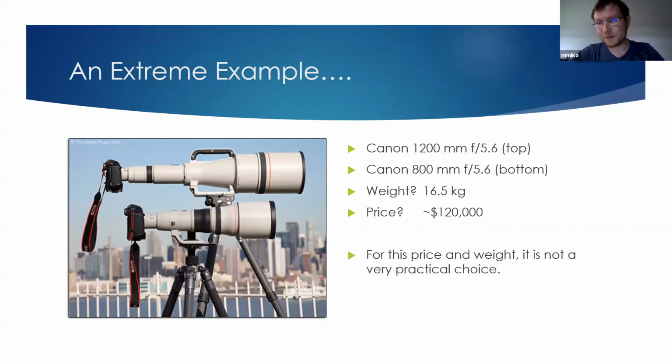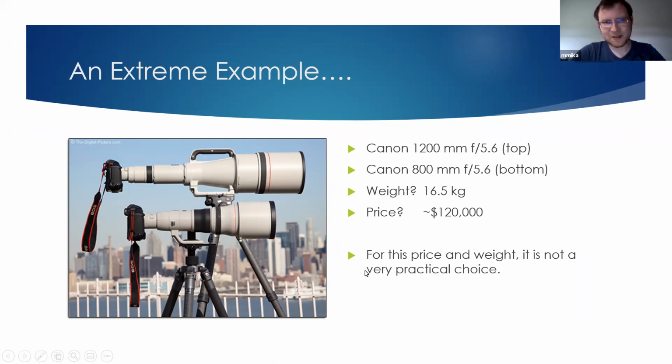But here's the extreme example on the other end. As far as camera lenses go, this is one of the biggest. It's a Canon 1200 f5.6. So that means it has an aperture over 200 millimeters. So you can think of this as an 8+ inch refractor, and I don't even know what you would call it, a dodecuplet or something like that. It has at least 12 elements in it. It's extremely heavy. It is extremely expensive. Apparently only 5 copies of this exist in the world. Nat Geo owns 2, Sports Illustrated owns 1. I think the NSA might own another one, and I'm not sure about the other, but